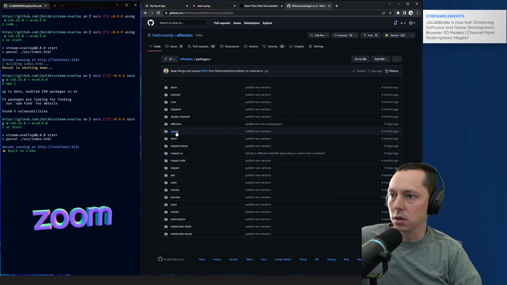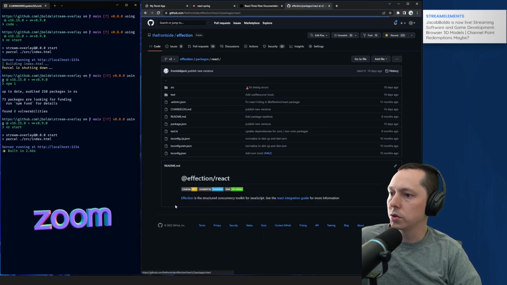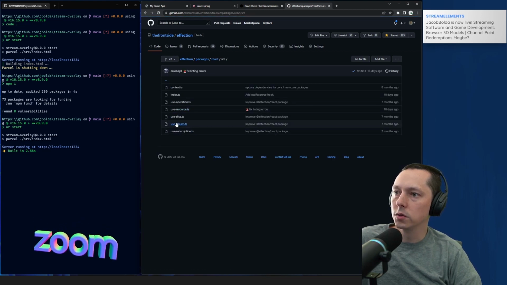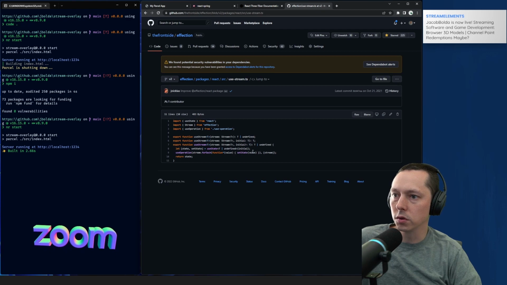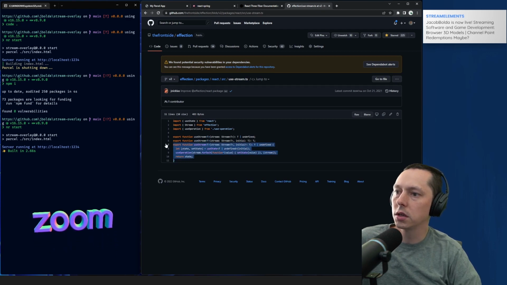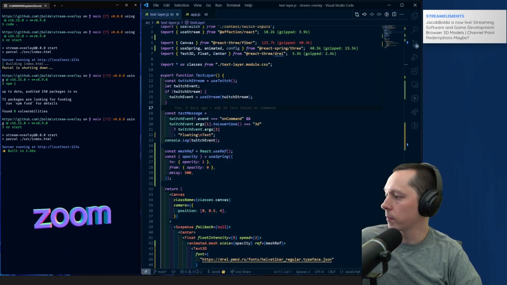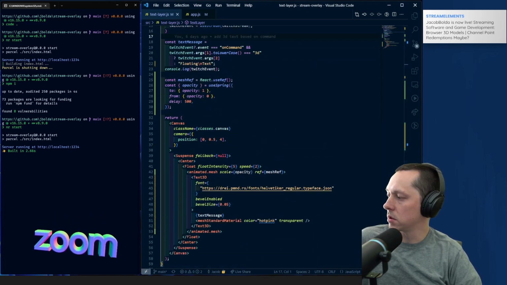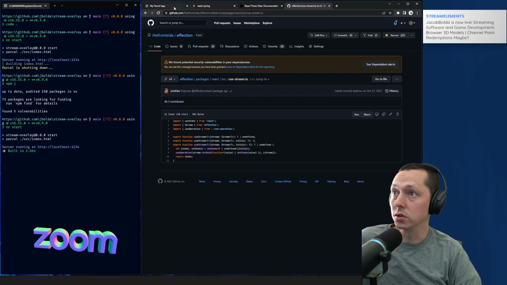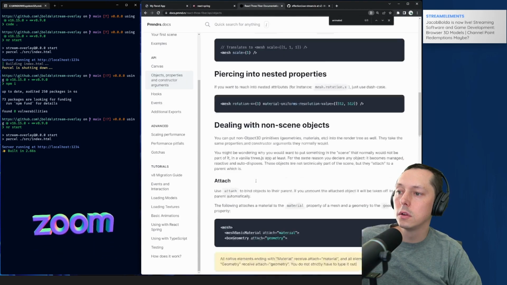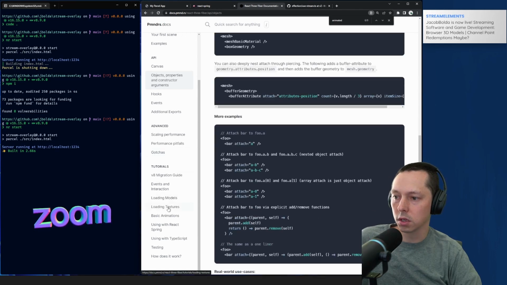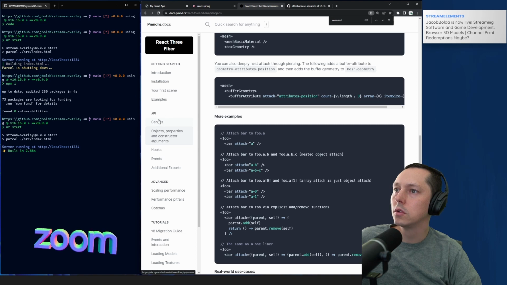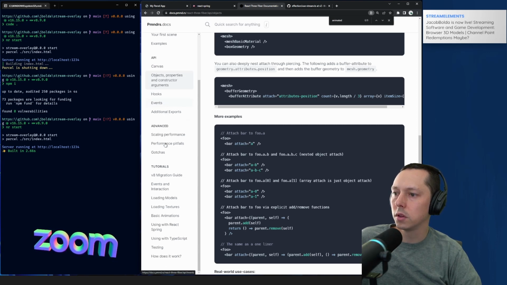Let's look at the Effection React package. And we are currently doing useStream. So it's setting the state and it's just returning a state. So the state is just changing every time. And I guess every time that text changes, it's doing something where it's like switching it out. So is there some way that we can do